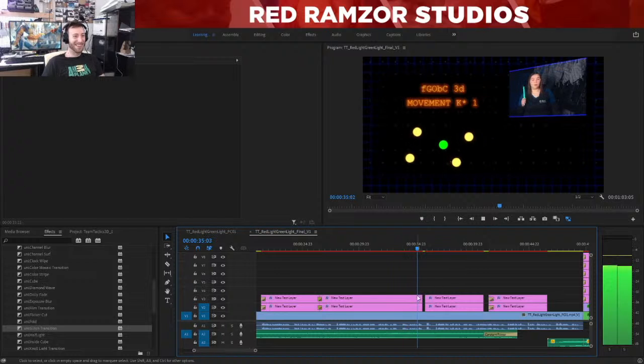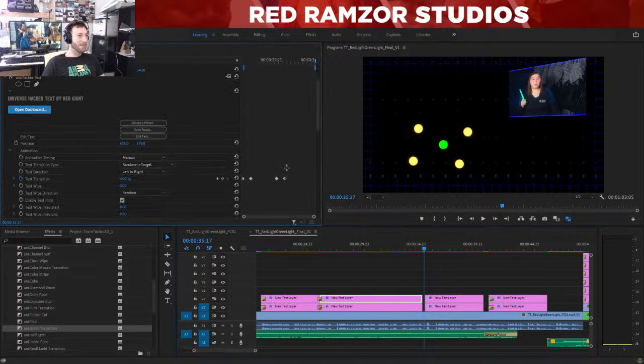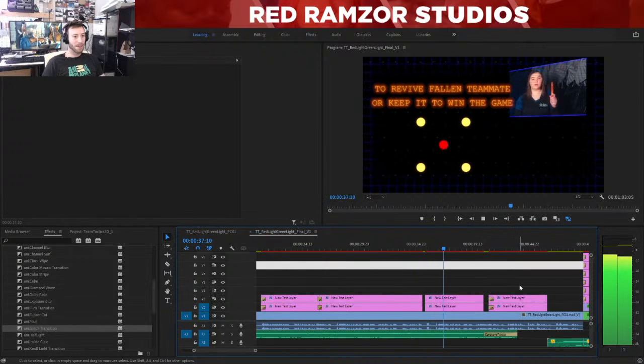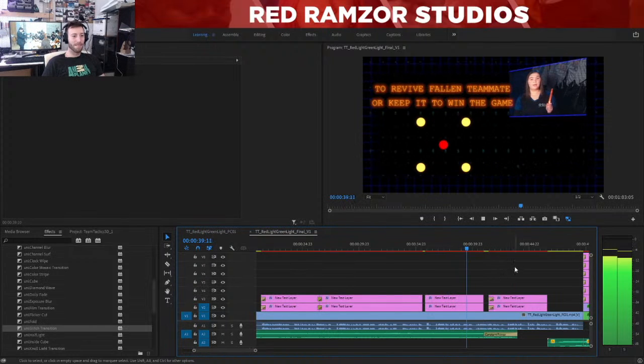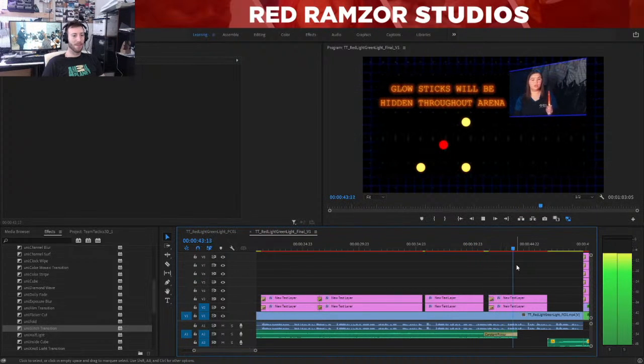And movement is required. Alright, cool. Movement is required. But if the regulator holds up the red glow stick, then that means that there is no movement allowed during this time. You can shoot at other